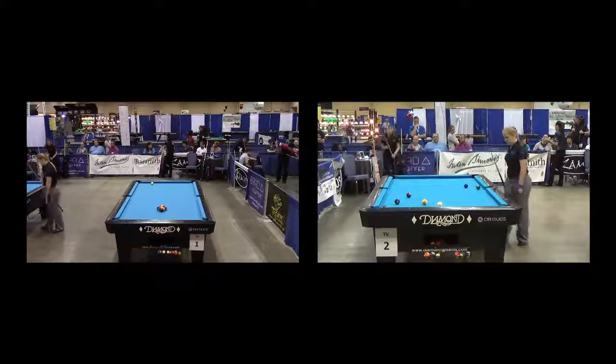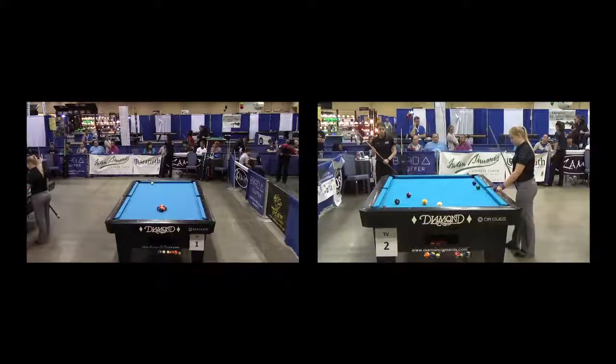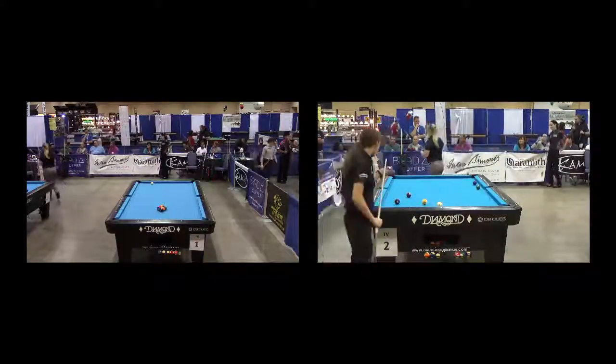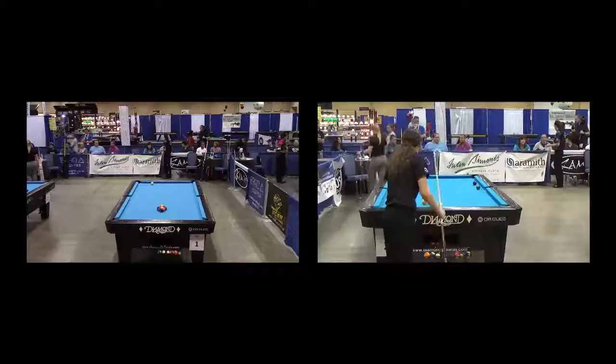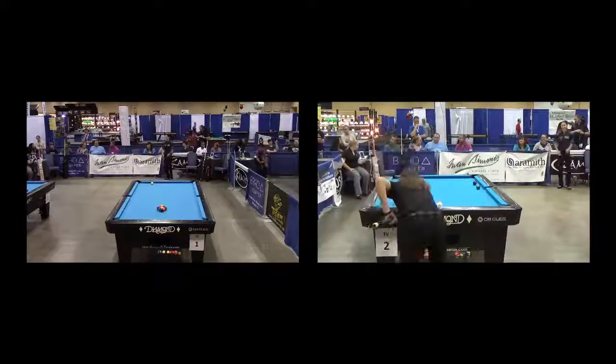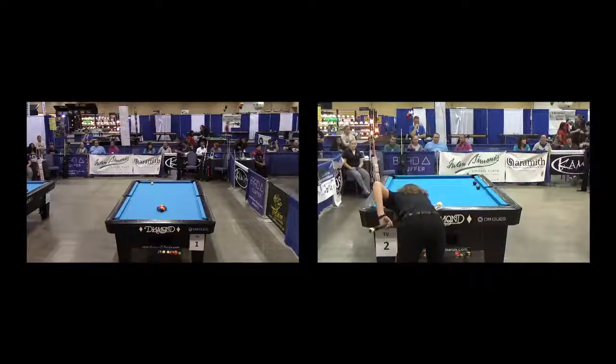And left the distance. Now that's a tough shot. Yeah, it's a great shot. Now, all she's got to do is pocket this ball. She's got a good angle on it. Yeah, she can see the ball. All you got to do is make this shot because you got a guaranteed position on the 6. She doesn't want to go too hard and get down on the end rail, but